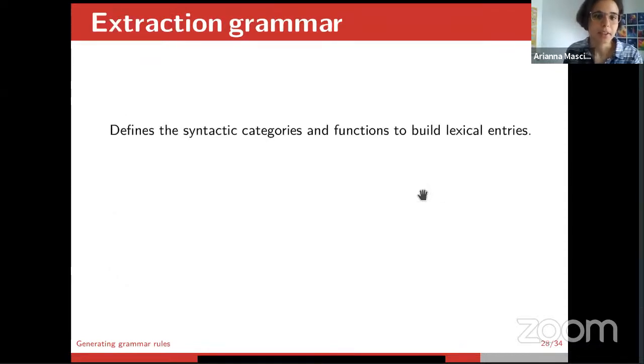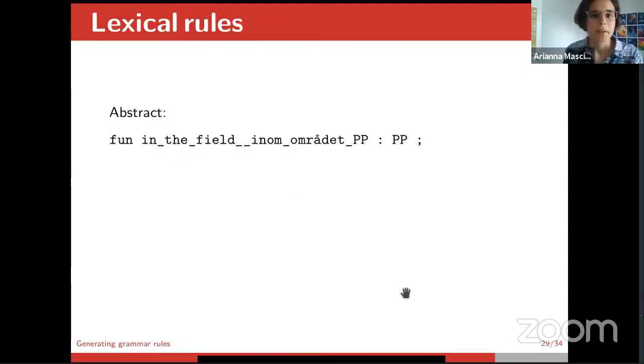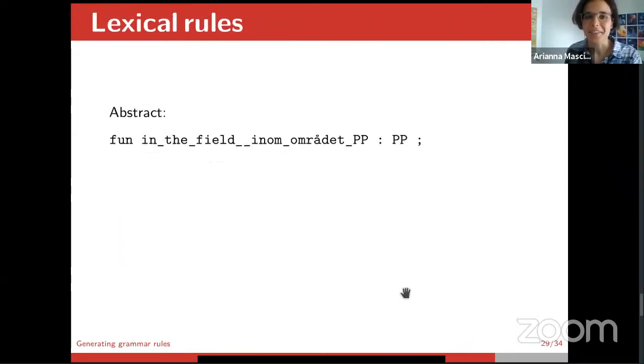And then I said we need an extraction grammar, which is a grammar that defines the syntactic categories and functions that we use to build the lexical entries of our lexicon. So as an example, let's look at the prepositional noun phrases. This is how we get from a preposition and a noun phrase to a prepositional phrase. And what you see here on the right are the dependency labels for GFUD. And if we have all these ingredients, then we are ready to generate our